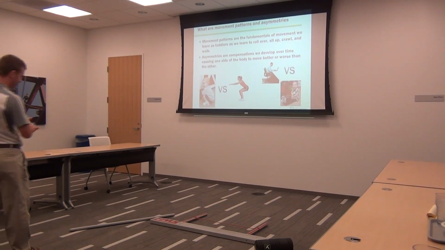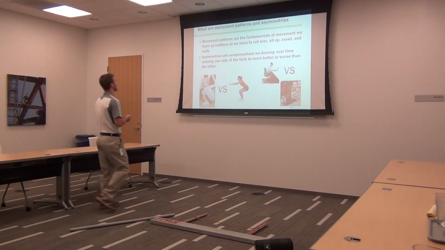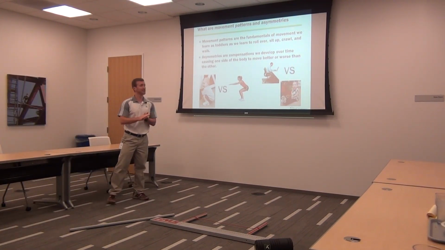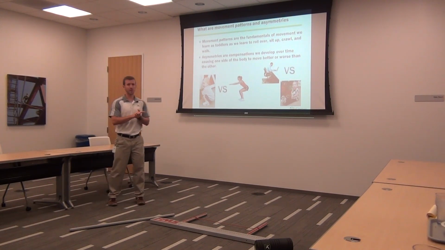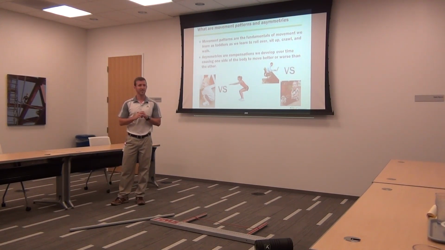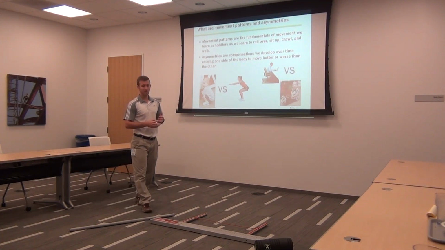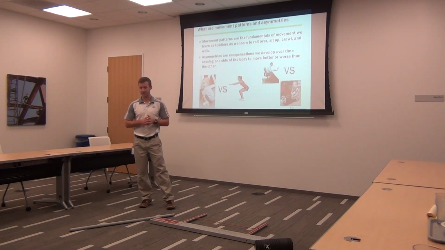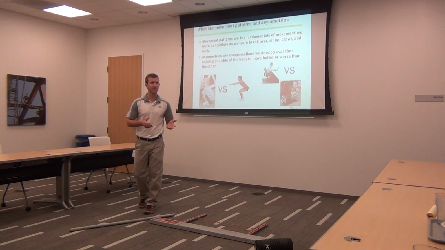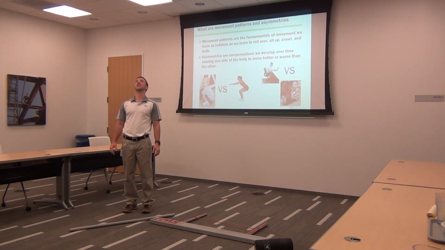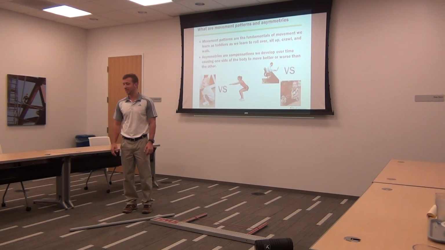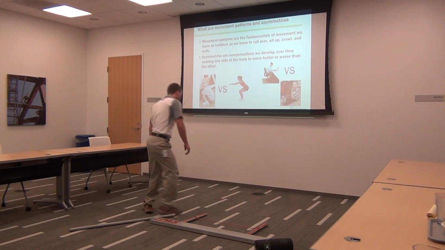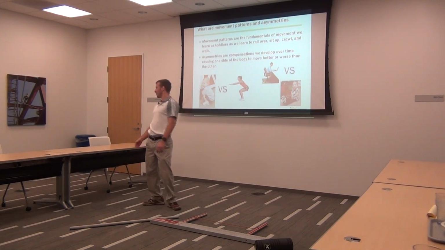Now, movement patterns and asymmetries. Movement patterns are the fundamentals of movement that we learn. Does anyone in here have kids or seen little toddlers as they're walking around? How do toddlers learn to move? I have my daughter, she's 3, and I kind of watched her go through this. First thing is they just lay there, and it's great for a while, because you can just set them down anywhere and they just lay there. Then, all of a sudden they learn to roll over. And now they start to roll all over the place.